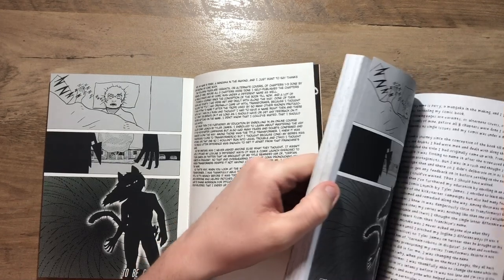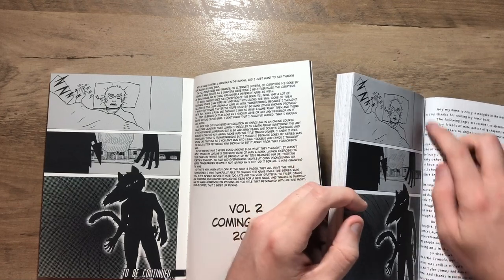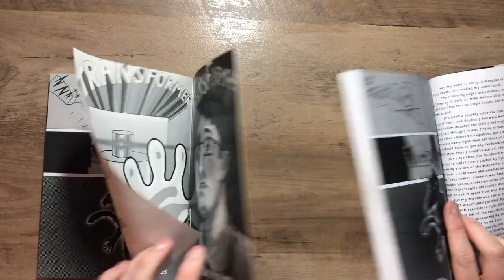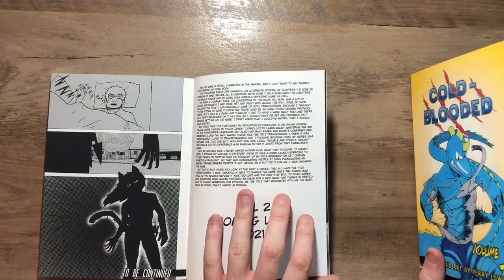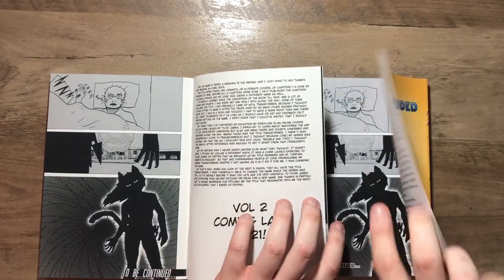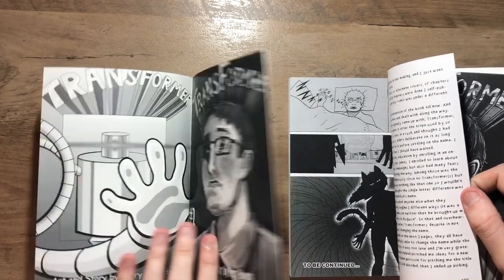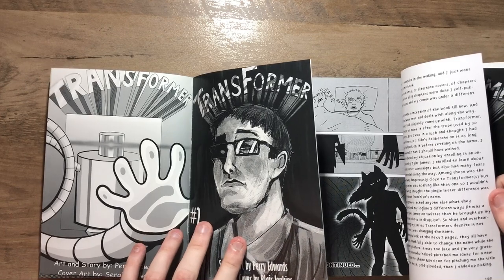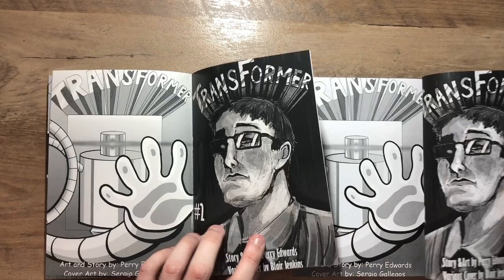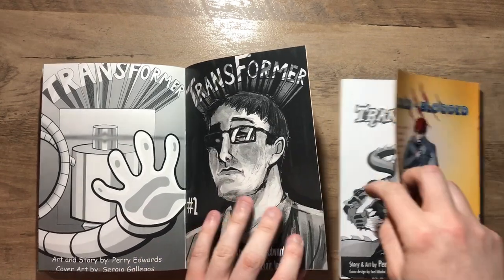Between everything else. And so this is basically all the same text, but I re-lettered it because here I wasn't mindful of the gutter, so it goes into the gutter, which isn't good. But here it's good, you can read it clearly. I just went with all capitals, and it was kind of like a little "my story" at the end. And then here's some variants that I just included with everything. Sorry, there's a truck outside. The only difference here is they're just resized, and they look different because of the printing. And then